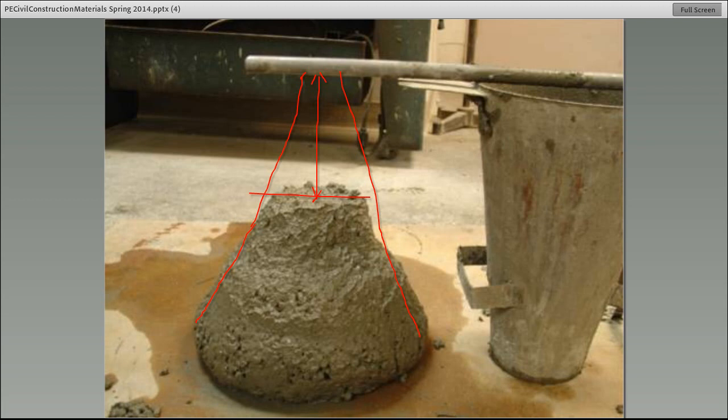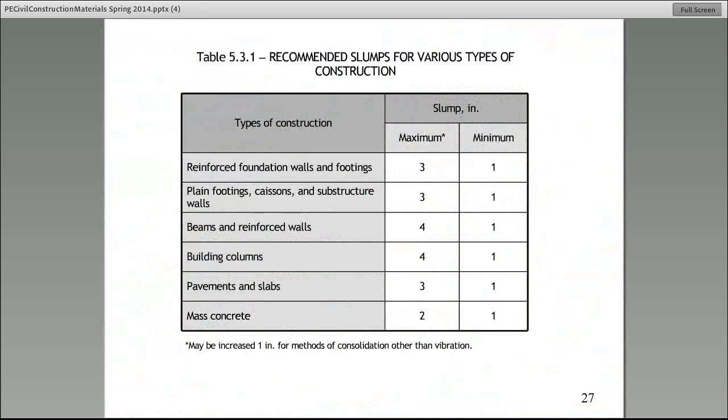So if the concrete slump is, let's say, 11 inches, which means it's very, very soupy. So that means it slumps all the way down here, so it's very, very soupy. However, most slumps that we use are within 3 or 4 inches, that's the consistency that we want. But slump is really not a measure of quality. We have to use it, match it with the specified